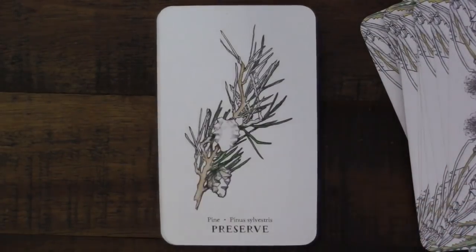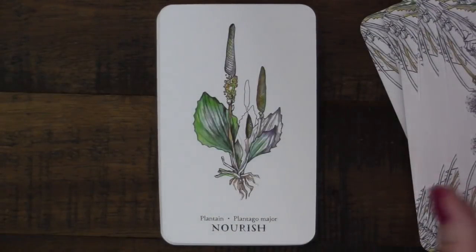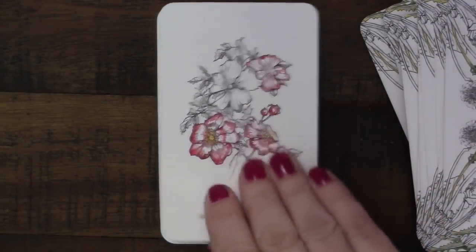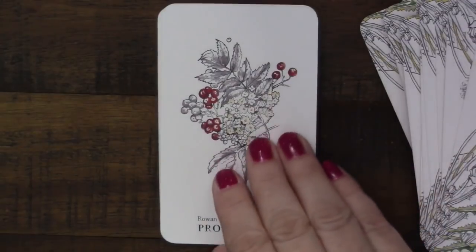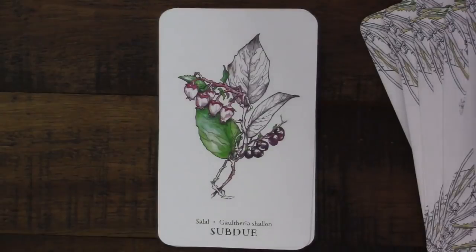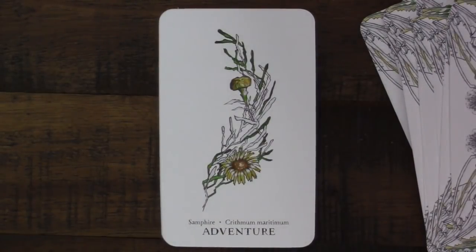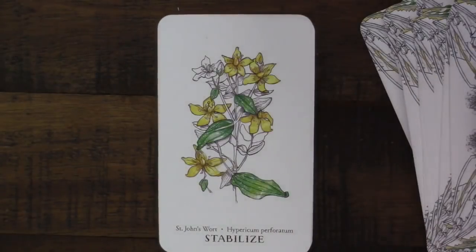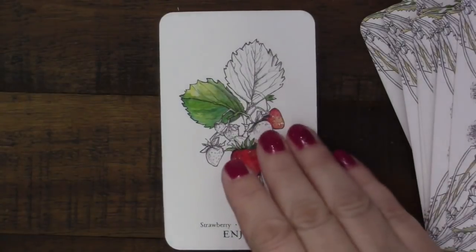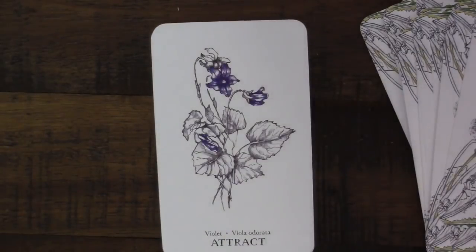Nettle for tribulation. Pine for preserve. Plantain for nourish. Wild rose for clarity, rowan for protection, sage for purify, salal for subdue, samphire for adventure, St. John's wort for stabilize, love the strawberry for enjoy, and trout lily for patience, violet, which